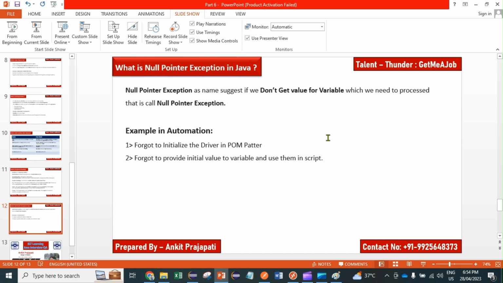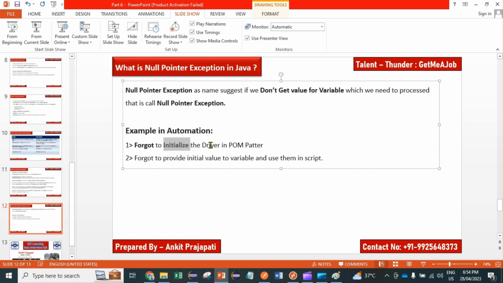If you are working with the page object model, you have to pass your driver from one class to another class, and sometimes you forget to initialize that driver, so it gives you a null pointer exception for the driver. Sometimes you forget to initialize the value of any variable and you start using that variable in your automation script. At that time you will also get that exception. So these two things I want to highlight: forgetting the driver in a POM, and forgetting to initialize the value of a variable and then using it.